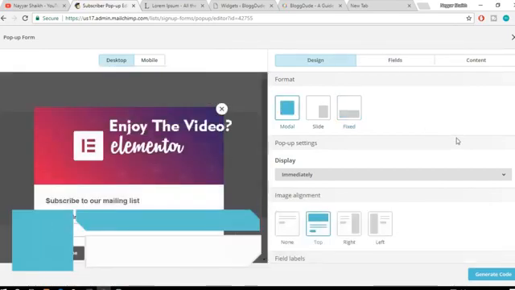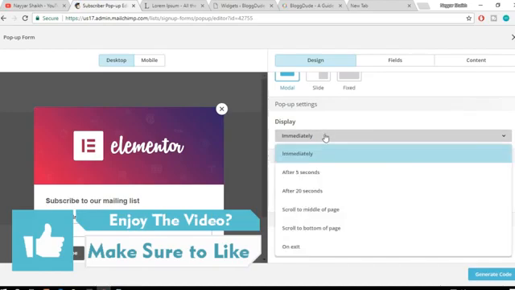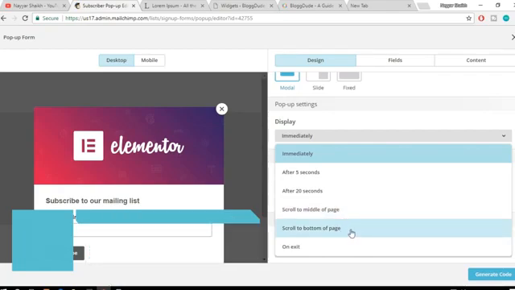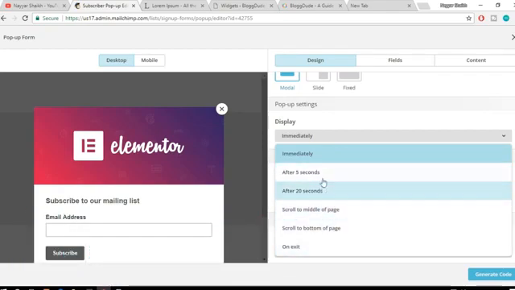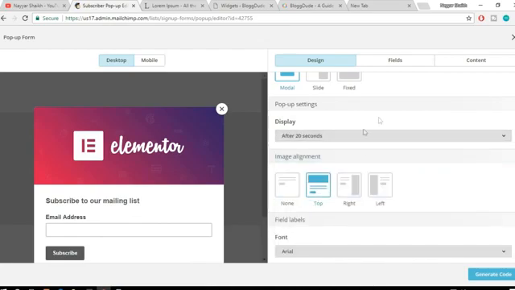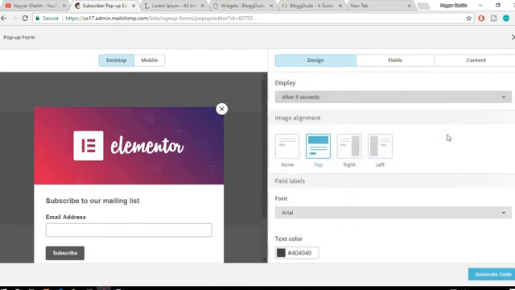Okay, so let's select modal first. And you have these different options like immediately, after 5 seconds, after 20 seconds, when they scroll to the middle, when they scroll to the bottom, on exit, and so on. For example, if you select after 20 seconds, let's select after 5 seconds, and you can also select this alignment